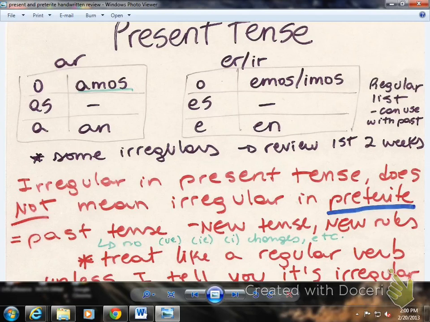Okay, present tense. What we learned in Spanish 1, the concept of conjugating is very similar to what we're about to talk about with the preterite, or past tense, but obviously it'll be different endings. That's what changes. Just one letter at the end of a word or even just an accent can change a whole entire tense. So just to review, your AR endings for present tense,